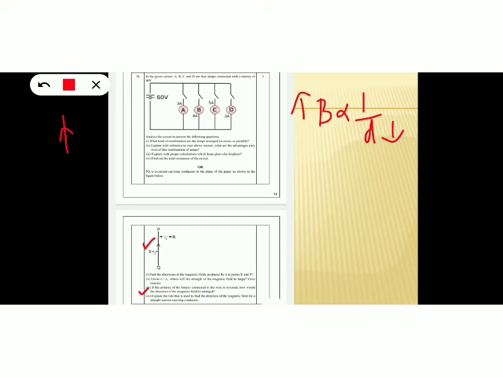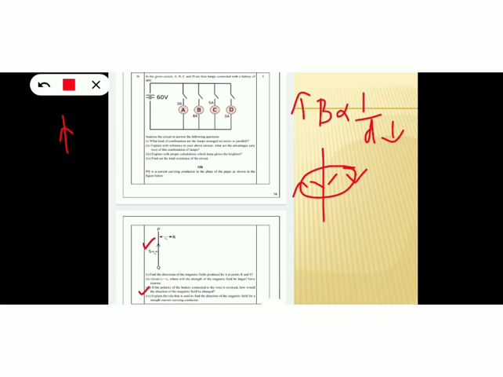Now what is the third question? If the polarity of the battery connected to the wire is reversed, how would the direction of the magnetic field be changed? So if the polarity of the battery is reversed, then the direction of current is also reversed. Now current flows in the downward direction. And if the direction of current is reversed, direction of magnetic field is also reversed. So initially the magnetic field lines are in the anti-clockwise direction. Now the magnetic field lines will be in the clockwise direction. Okay, so the direction of magnetic field will also change. Now magnetic field will act in the clockwise direction like this.